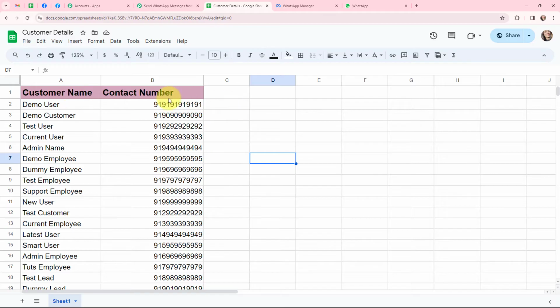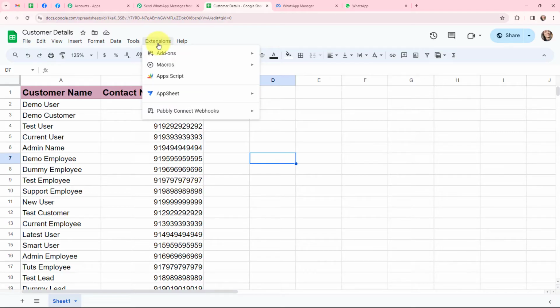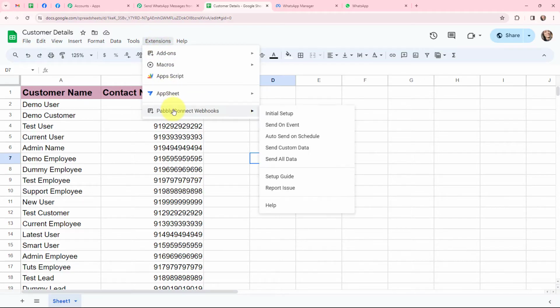First is the customer name, second is the customer number, and it consists of only one sheet. So here are the details of my customers, and now I want to connect this sheet with Pabbly Connect. In order to do that, I will go to extensions, and make sure you have Pabbly Connect's